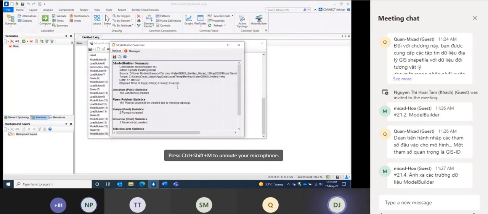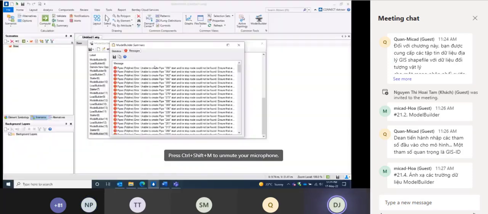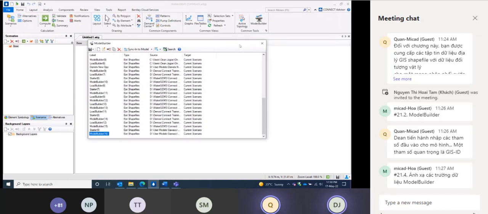So you'll find that if you go to the messages, you see that there's unable to create a bunch of these pipes because the start or the stop node could not be found. So we've got some errors here. So what we're going to do is go ahead and fix that. So if you close that down,